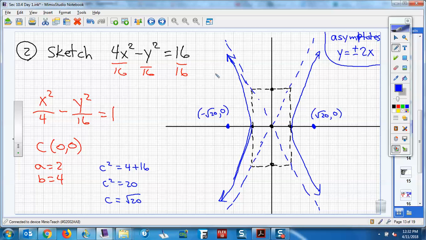And notice the foci are fairly far out, so it's a pretty flattish hyperbola, right? The farther out the foci are, the flatter it is, very much like a parabola. And the thinner and skinnier it is, the closer in the foci would be. And then the asymptote is the rise over run, so this is 4 over 2. 4 over 2 is 2, or in this case, B over A again. Okay, all right, so we won't do the whole thing on this one, but let's go ahead and